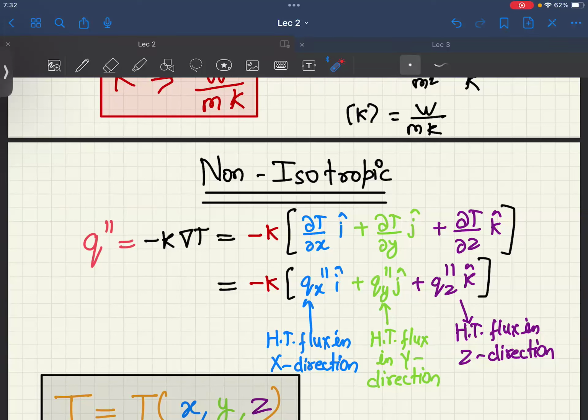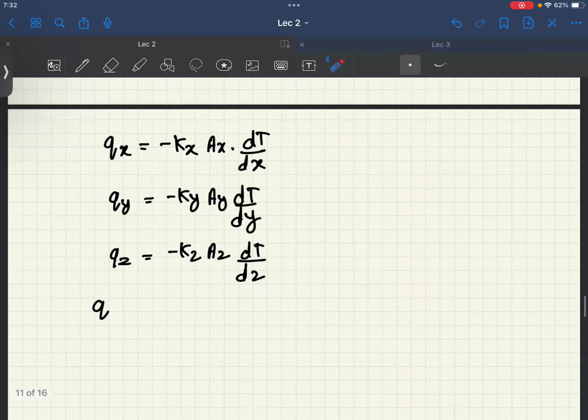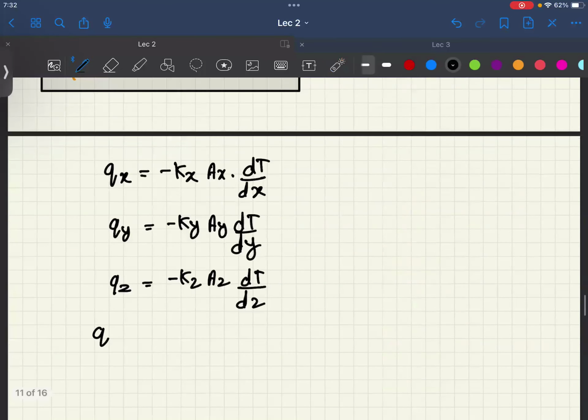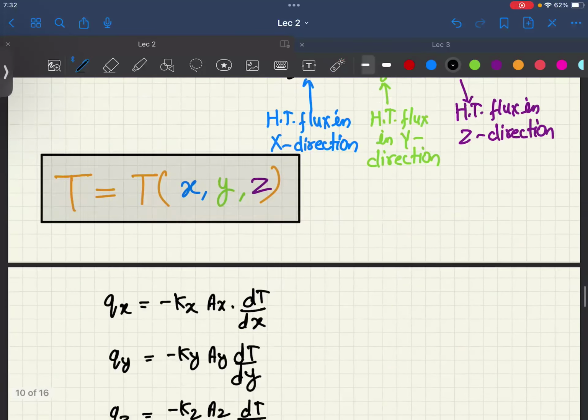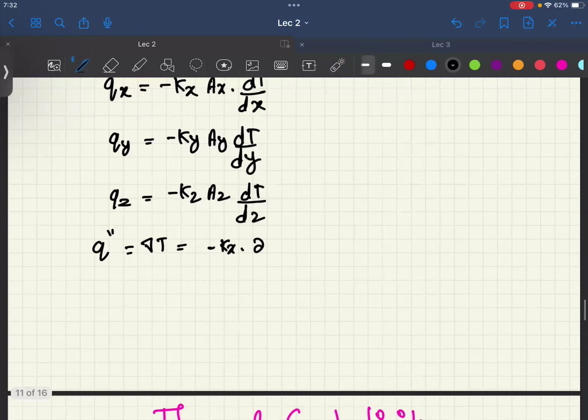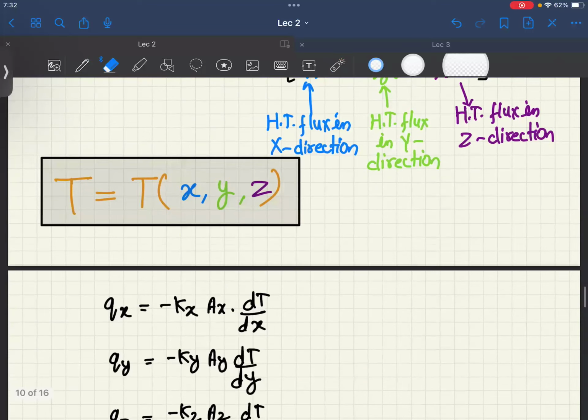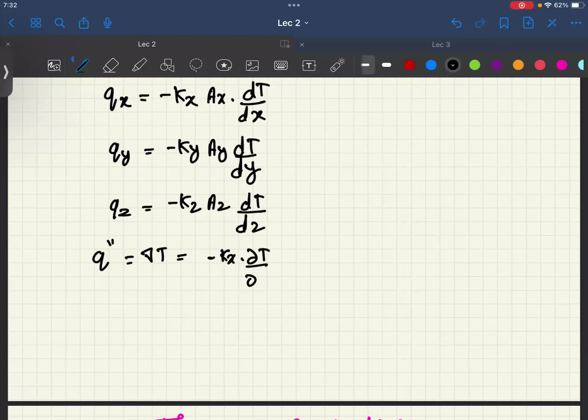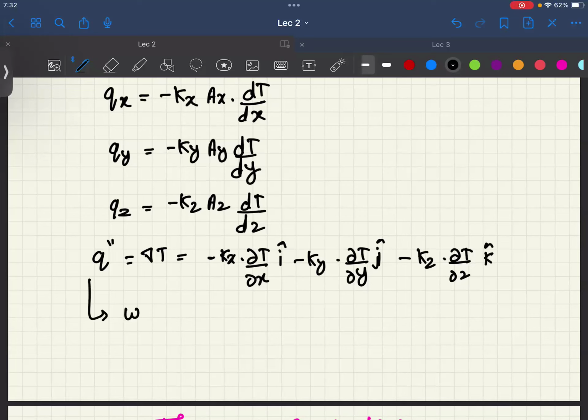Now the way you expand it is minus k, so actually it will become q prime is del t, which is nothing but minus kx into del t by del x i cap, minus ky into del t by del y j cap, minus kz into del t by del z of k cap. Right, so when the material is isotropic,